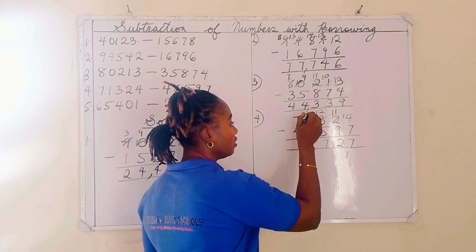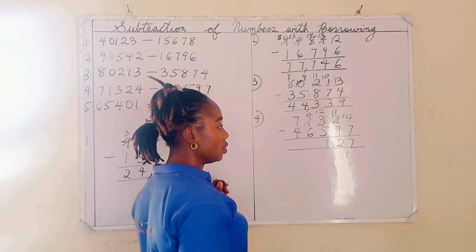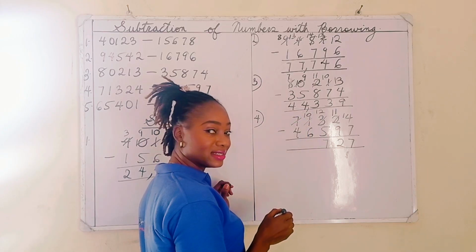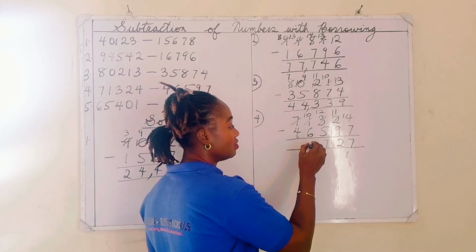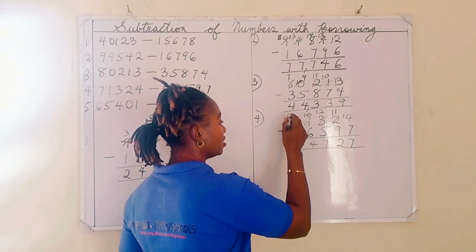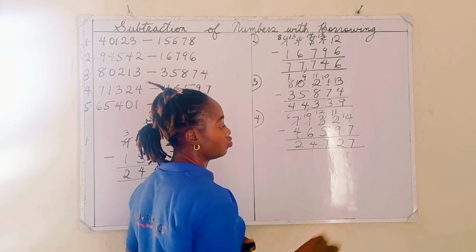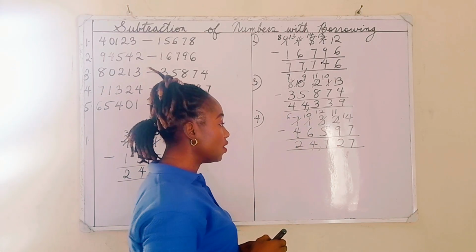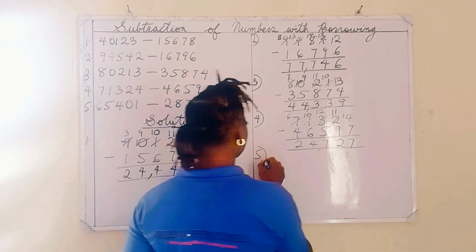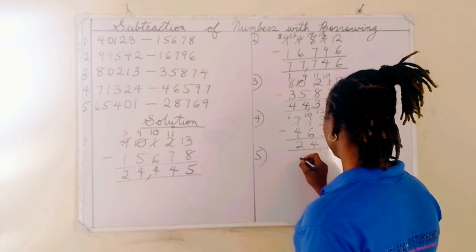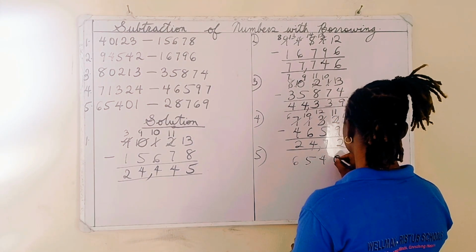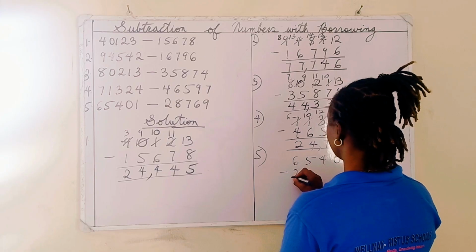And then we have 0 left here. 0 cannot take away 6. We borrow 1 from 7, add it to 0 to make it 10. 10 take away 6 gives us 4. And then we're left with 6 here. Then 6 take away 4 is 2. And our final answer is 24,727. Now moving on to the last question, number 5. We have 65,401 minus